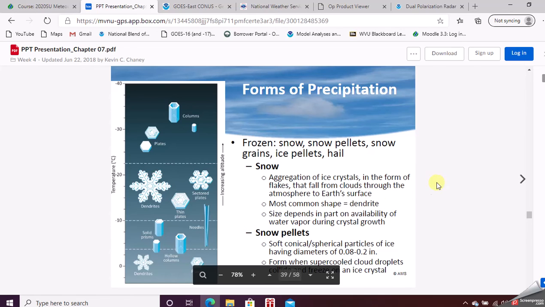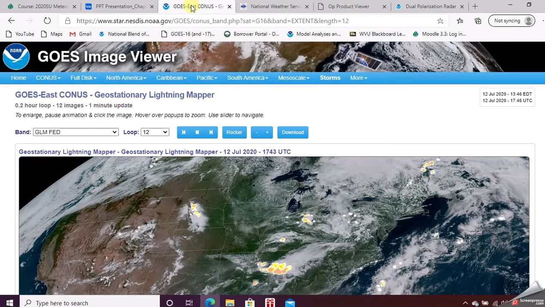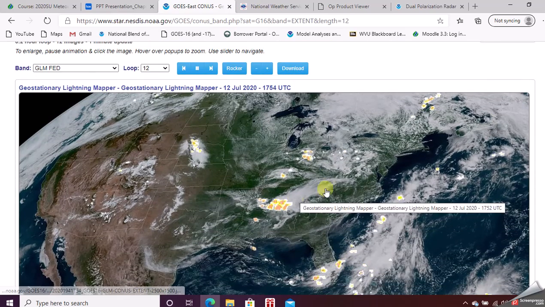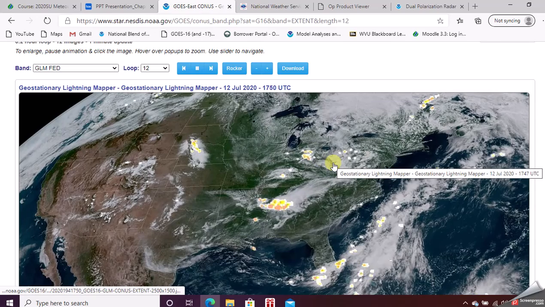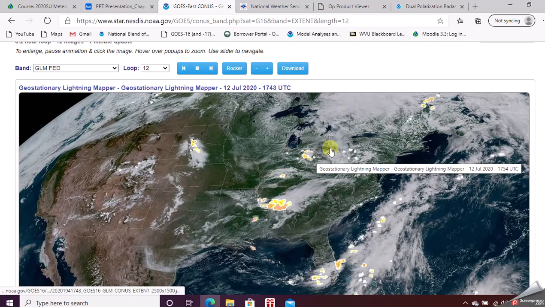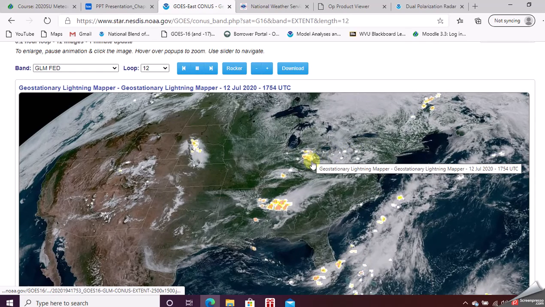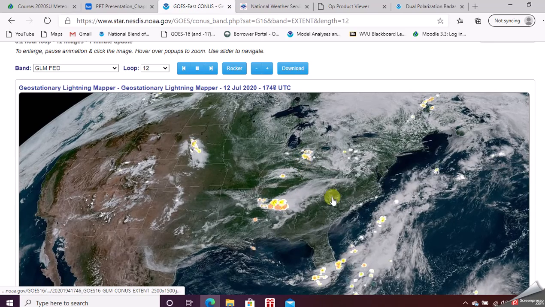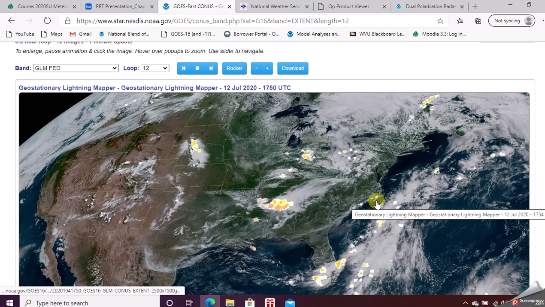So with all of that today, I wanted to just show you quickly a couple images here. Here's what's currently occurring across the U.S. This is a lightning and a visible satellite map. You can see over here is Ohio, and there's some showers and thunderstorms. There's some more in Indiana coming into Ohio with the lightning there. And we talked about sea breeze fronts, and you can see the convergence along one here in North Carolina, where new lightning is beginning to pop up and new thunderstorms are beginning to develop.